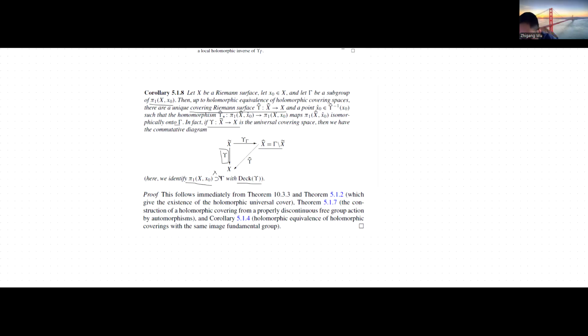For theorem 10.3.3, the idea is that here X is a Riemann surface, so it is connected, and also it is locally simply connected. Therefore, by theorem 10.3.3, there exists a universal covering space. And then by theorem 5.1.2,